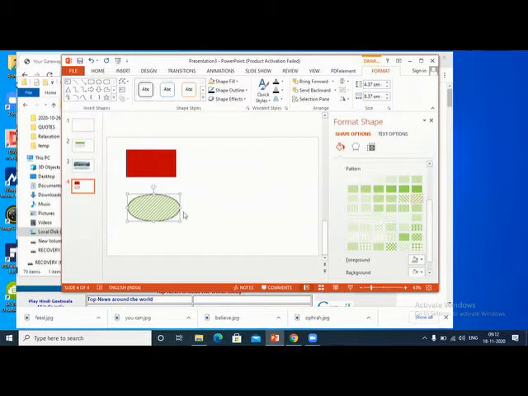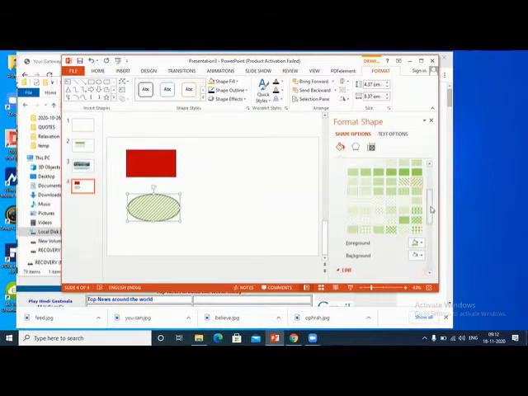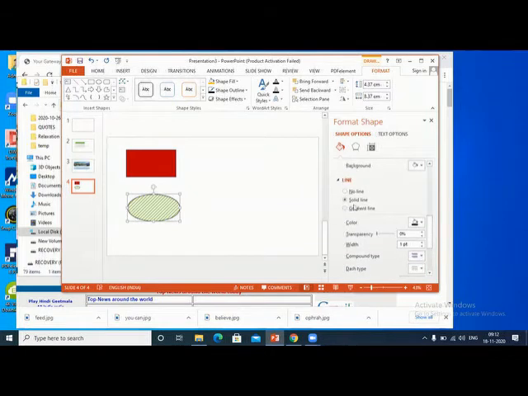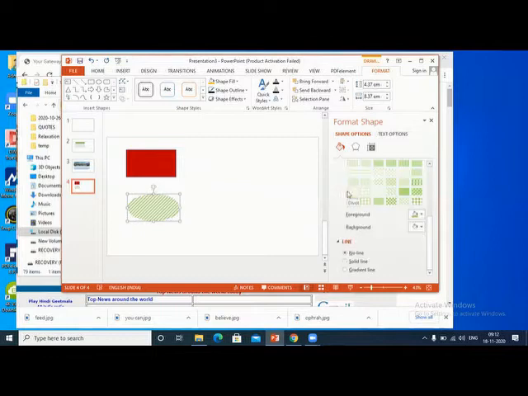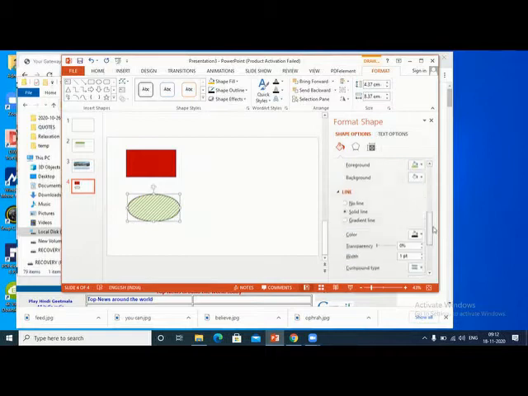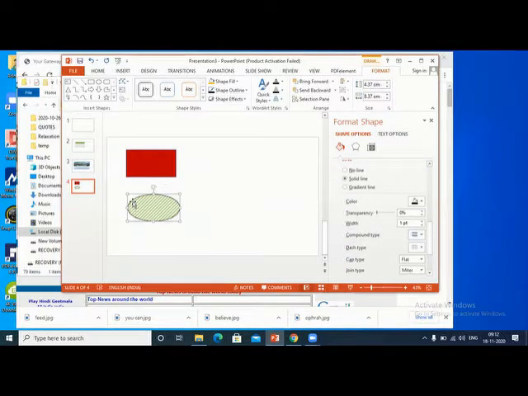Okay, and this border is also you can adjust. You see a line, this line. If you don't want the line around, no line. Okay, but if you want line, select solid line. And the thickness of this line you can adjust if you want. You see here, width, you can increase it. You can see that thickness is coming. Sometimes you may require more thickness and other thing, you can use the width here.